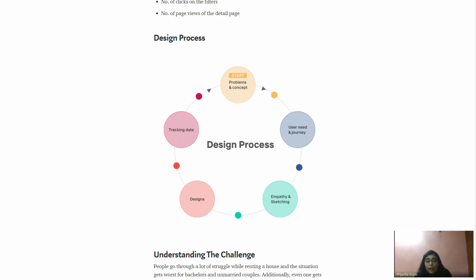When I'm talking about tracking data, I'm tracking the data of my design. I have not made any prototypes and I have not tested with my user because I was not given enough time. Rather, I shipped my design, I tracked the data, and I iterated it into different versions to make it a more stable design. So this is a realistic approach. Sometimes your approach can differ from project to project in industry, and you should write those things.